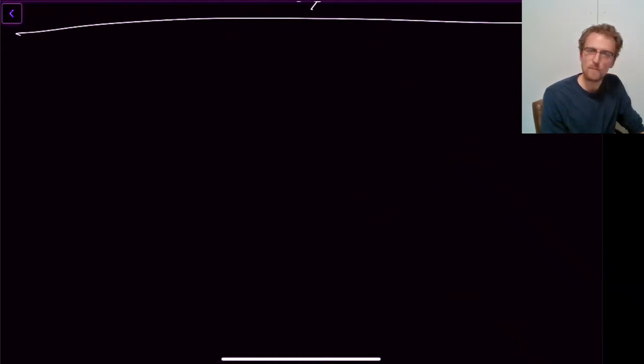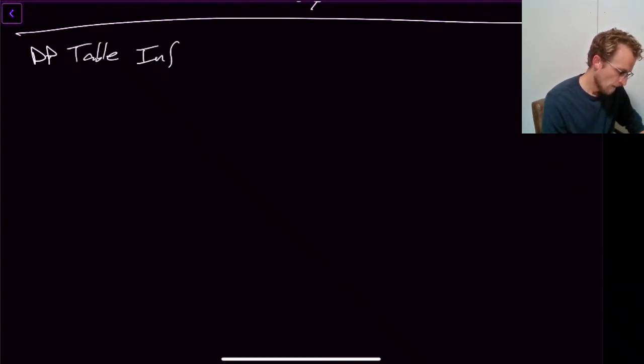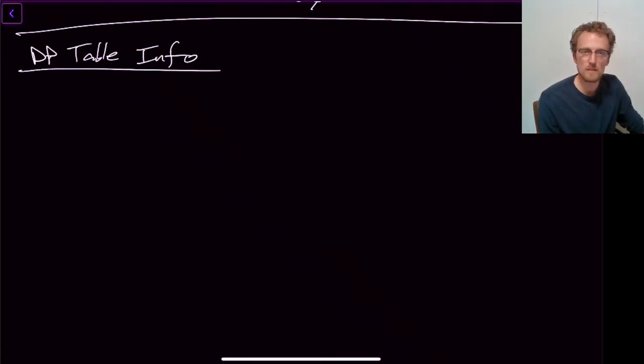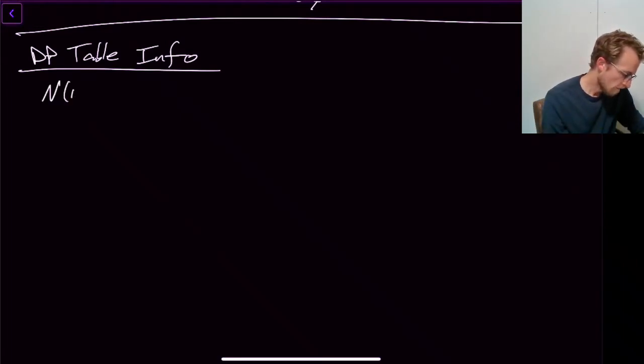So here's the idea. Start at 1. I'm going to write a couple things down. These will look like functions, but they're really kind of enumerations. They're going to be the stuff that goes in our DP table info. Remember, the DP table is this table of information that we store to save the solutions to subproblems as we go. So I'll say n of i is the optimal number, or I should write minimum, let's be precise, minimum number of coins